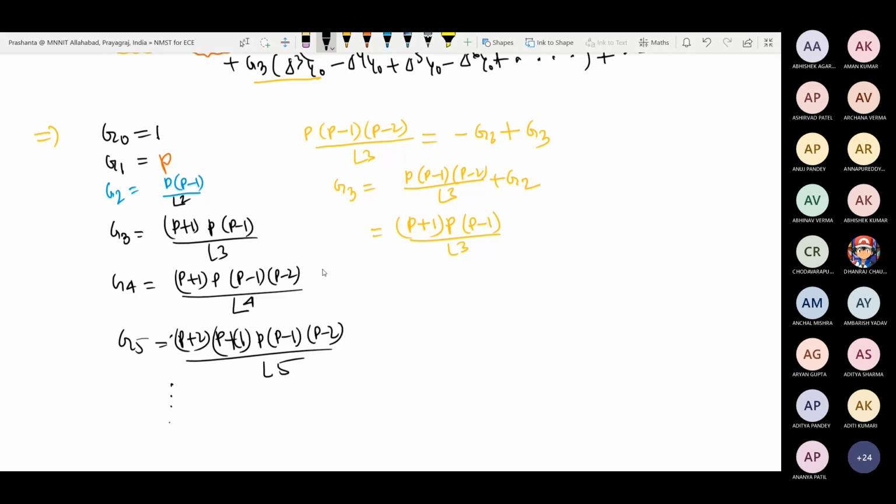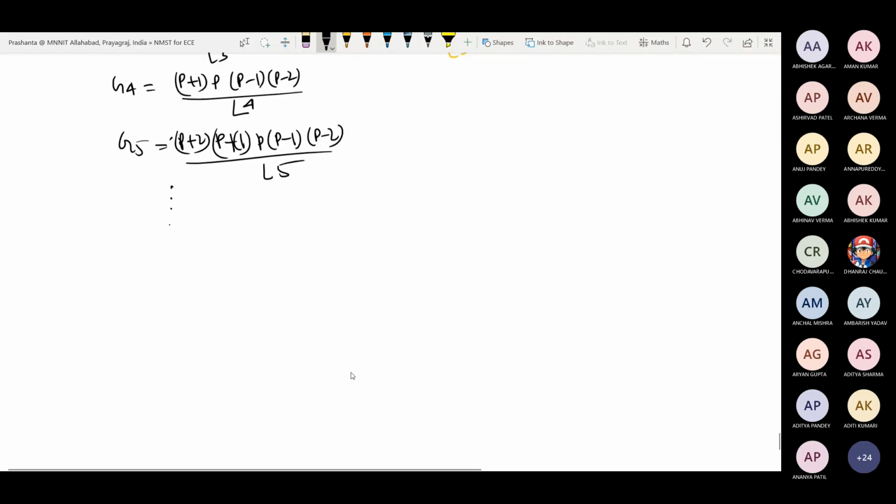Anyway, so let me write down the final formula, and I will not do the derivation for the remaining. What is arbitrary point X? Using in terms of the origin, if X naught is chosen as origin, X will be X naught plus certain P into H, the space, difference between two consecutive X values. There will be a unique P. Okay. So let me write down the final formula.